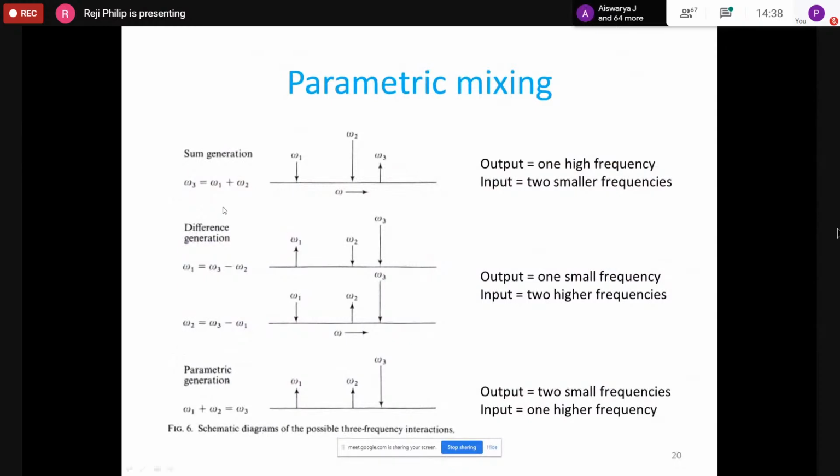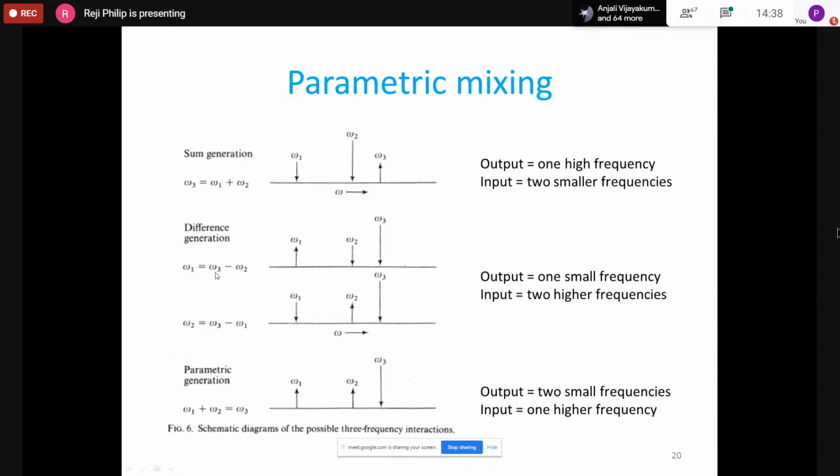So in sum generation you add two smaller frequencies to get a higher frequency. That is what's shown here. Two smaller frequencies, omega 1 and omega 2, are your inputs, and your output is one high frequency. In difference generation, you have